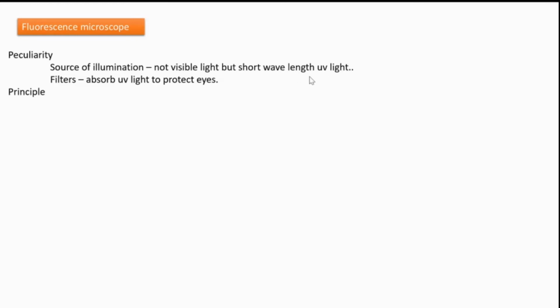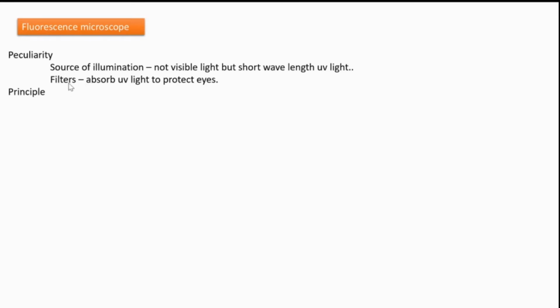UV light has a shorter wavelength when compared with visible light. As it has a shorter wavelength, it can pierce very deep into almost all layers of anything. So remember that point, that UV light has a shorter wavelength when compared with visible light.